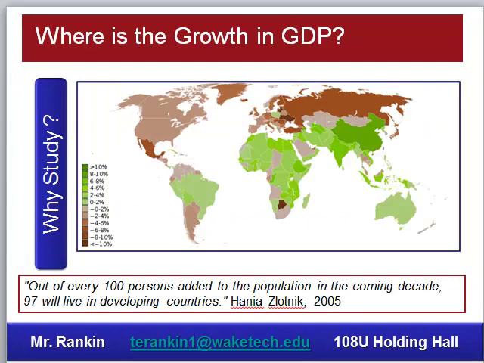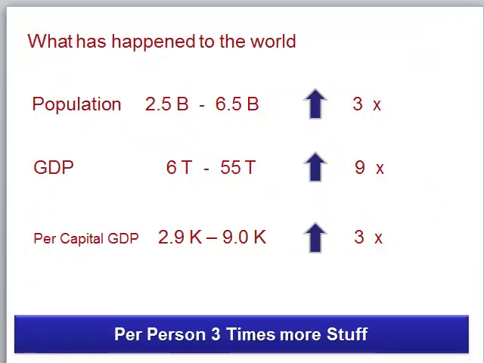The next thing to keep in mind is where's the growth? Now the high growth rate is demonstrated in the green. So you can see China, India, Africa. Some of these poorer countries are growing quite rapidly. Some of the wealthier countries like North America and Europe are not growing so much. So it's important to understand these may be poor today, but they're having substantial economic growth.